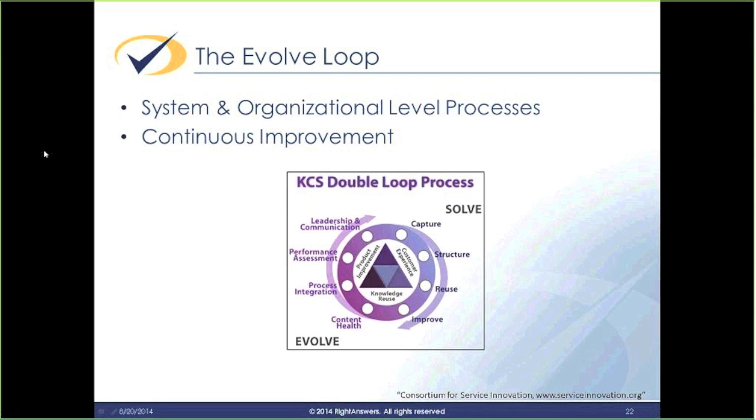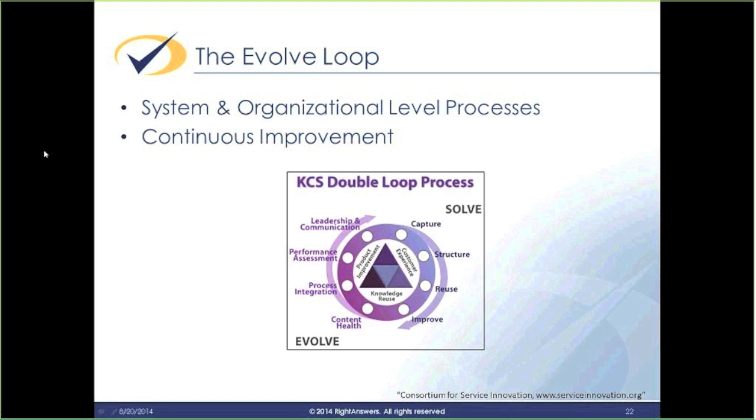Going to step in and talk a little bit about the evolve loop. I mentioned that the evolve loop is what helps enable the solve loop. This is our system level and our organizational level processes. This is what helps keep us in a continuous improvement mode. This is where we have quality improvement measures, refinement of high-value articles, continuous improvement of the processes that support the